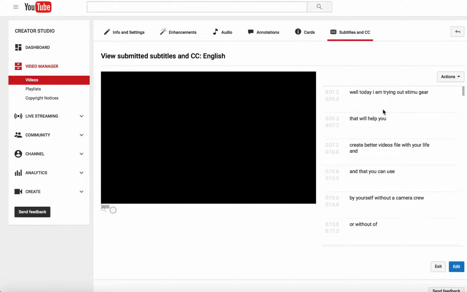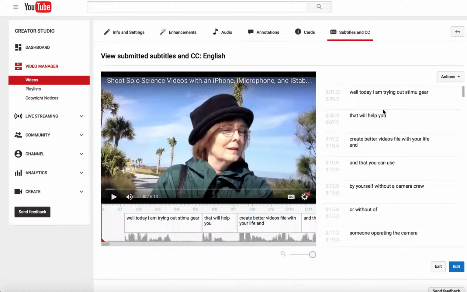Let's take a look at this auto transcript. You can see the speech in the video as text in the transcript listed on the right. Now, this works pretty well, but doesn't transcribe everything perfectly, as you can see. At this point, you have two choices. You can go through this automatically transcribed file and make corrections, or you can upload a previously prepared transcript file. That's what I did for this video, which I'll come back to in a moment.